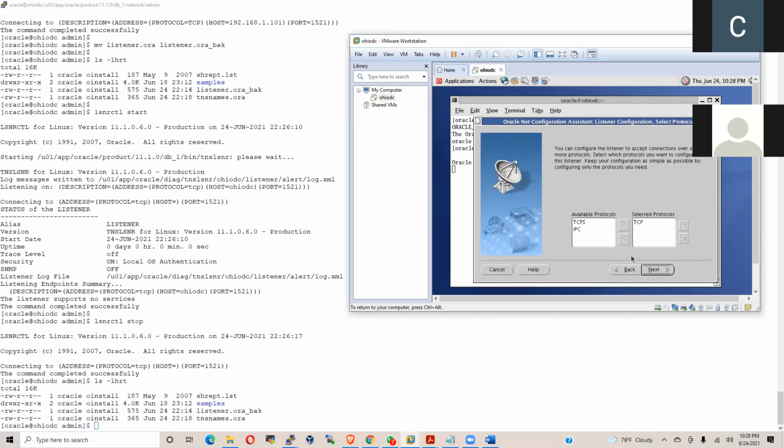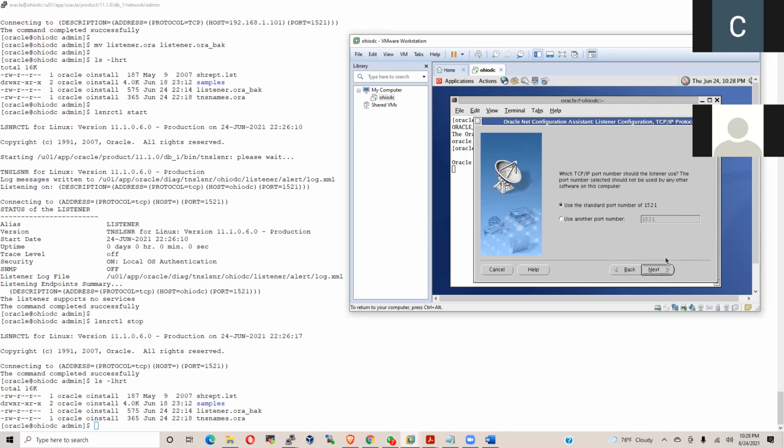Choose TCP, on the right side. Click next. The default port is 1521. Yes, you are using the standard 1521. Click next. Wait. Would you like to configure another listener? No. Next. Completed. Next.